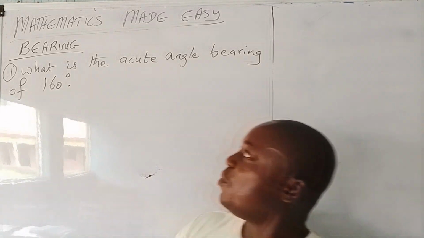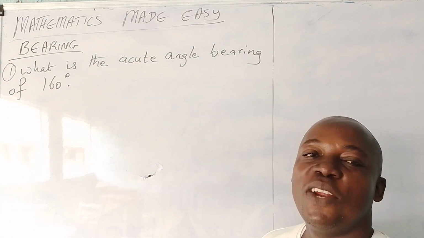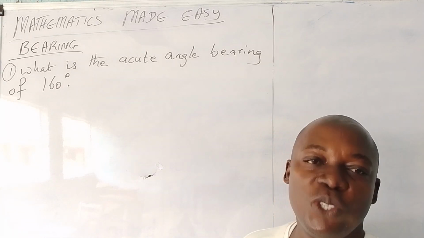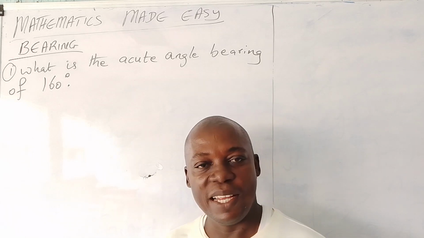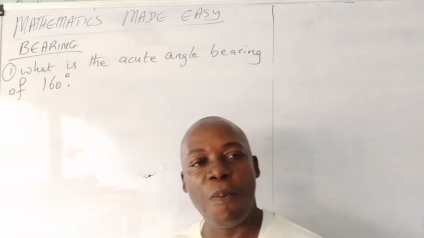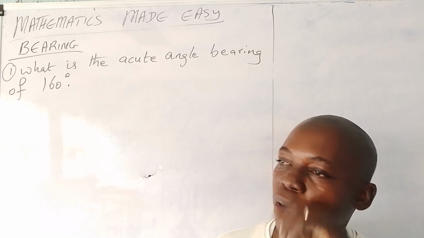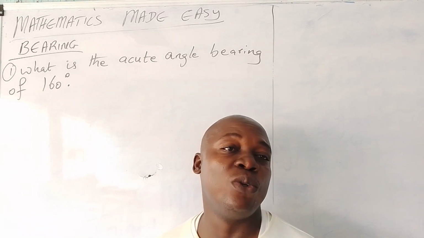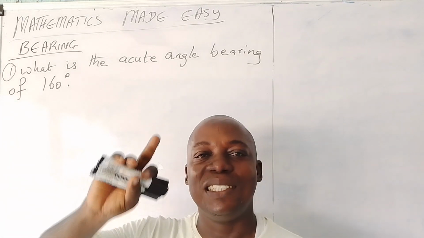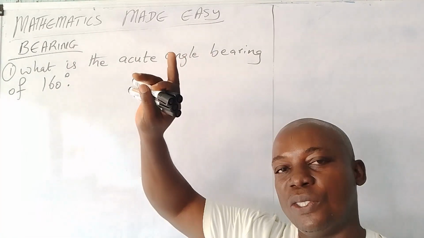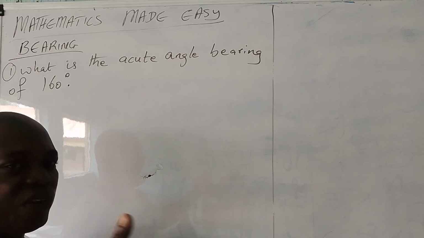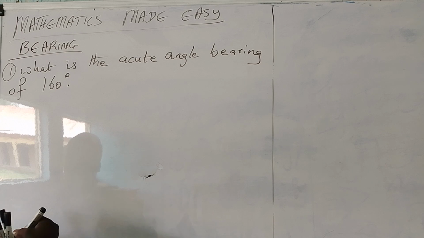Today we'll be looking at bearing. As you know, bearing deals with positions in the earth. In a bearing, normally we have what we call compass bearing, and we also have what we call acute angled bearing. In a normal bearing, every measurement depends from the north, because there are 4 cardinal points as far as bearing is concerned. We have